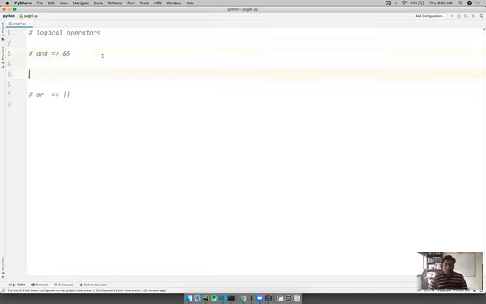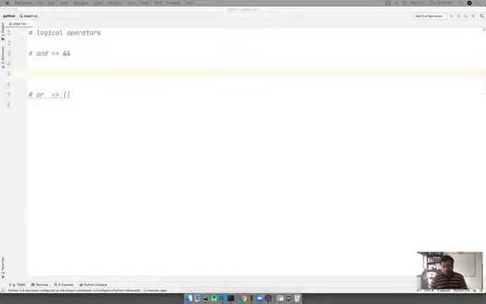For example, let's say you are taking an input from a user, and you want to see if the user has entered valid data or data in the valid range. So how do you do that? You do that by checking the range, or checking the minimum and maximum value. Let's say, for example, I'm taking input from a user for an age, and I want to check if the user has entered a valid age there. So how do we do this then? To do this,